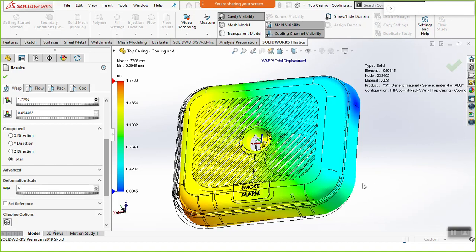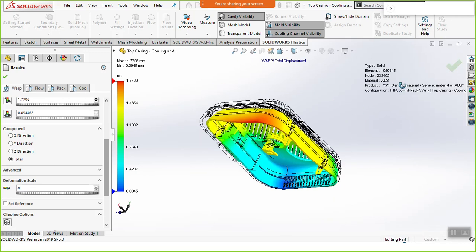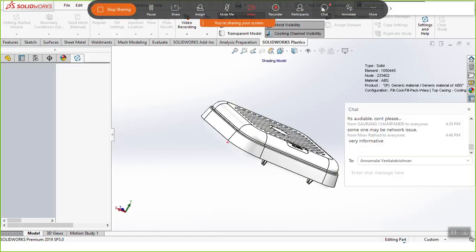See, I have increased the scale to 7 times. So the results are 7 times the actual result. So this is how shrinkage is occurring in my product, right? So all these answers can be taken from the SolidWorks software.